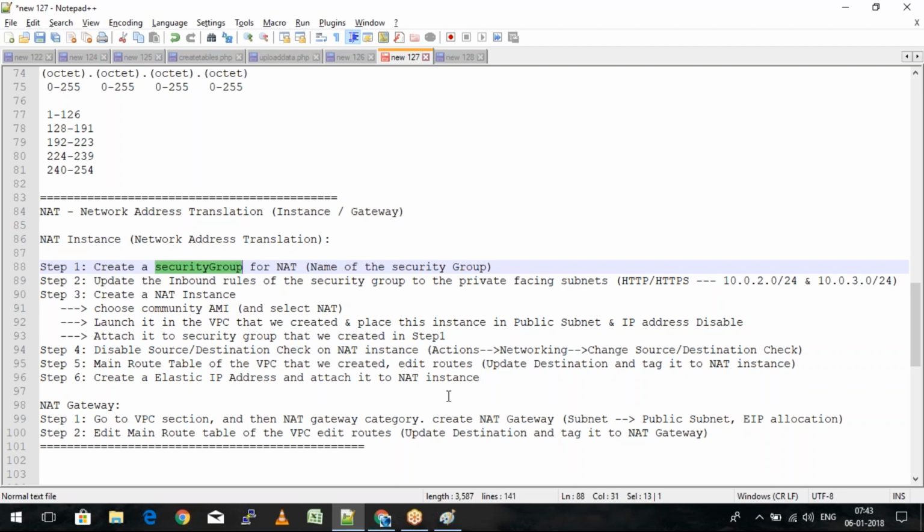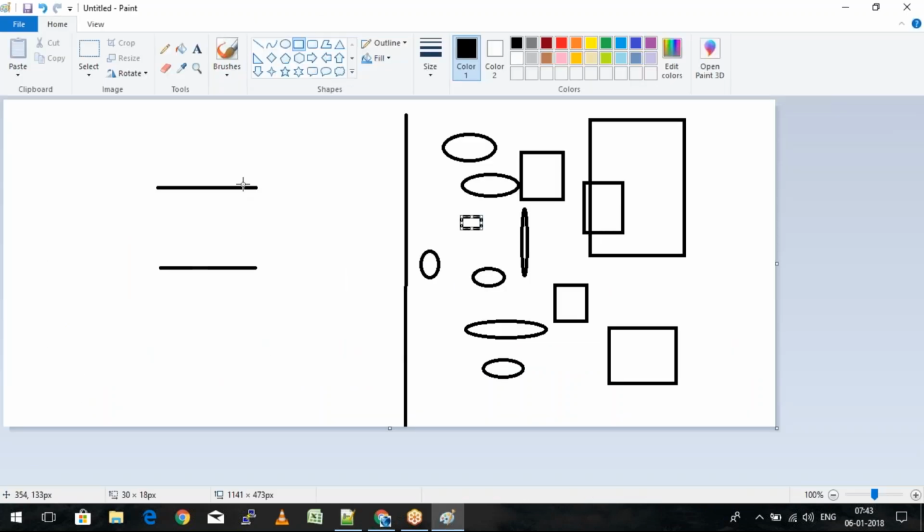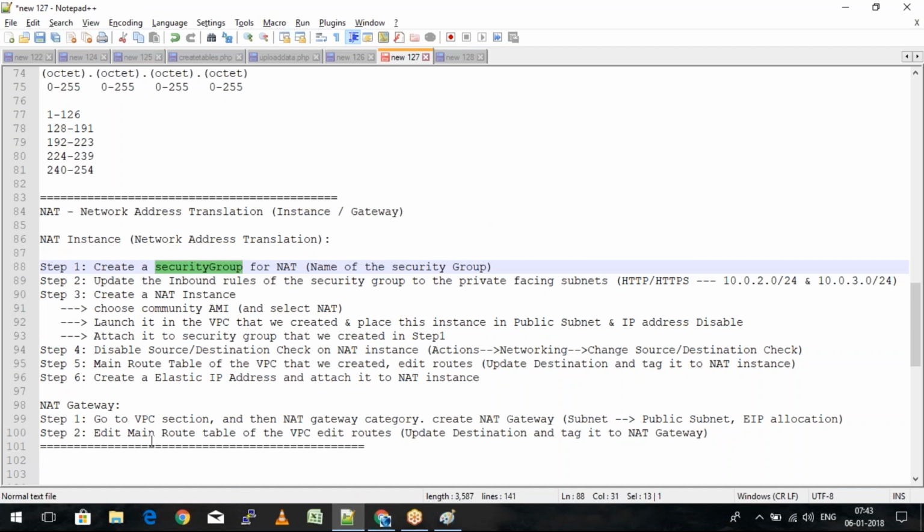But with a NAT instance, I need to ensure that the correct and appropriate security group is present and the source destination checks are disabled. If I do not disable the source destination check, then the NAT instance is not going to work as a NAT. So those are the few differences between the NAT instance and the NAT gateway. Remember, the first is about throttling the number of requests that come, because it is dependent on the size. And the second is that the NAT gateway doesn't have any dependencies on security groups or the source destination check.